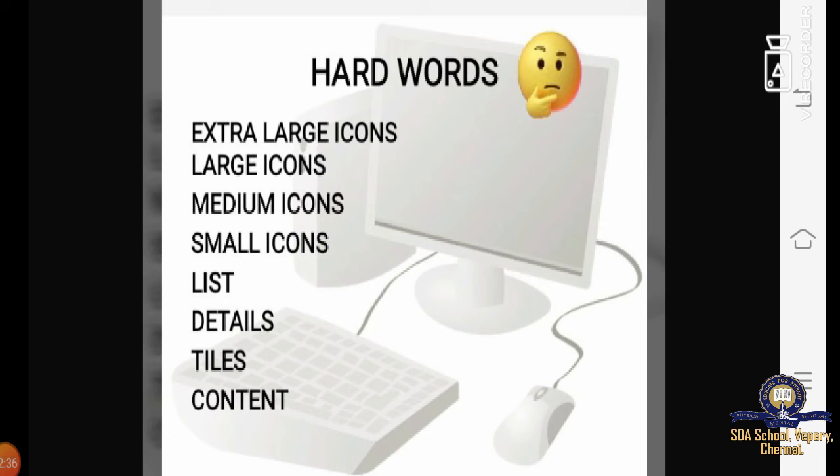And then we studied files, how you save your files under folders and drives, and you can open each file and check what you have done in each file and folder.